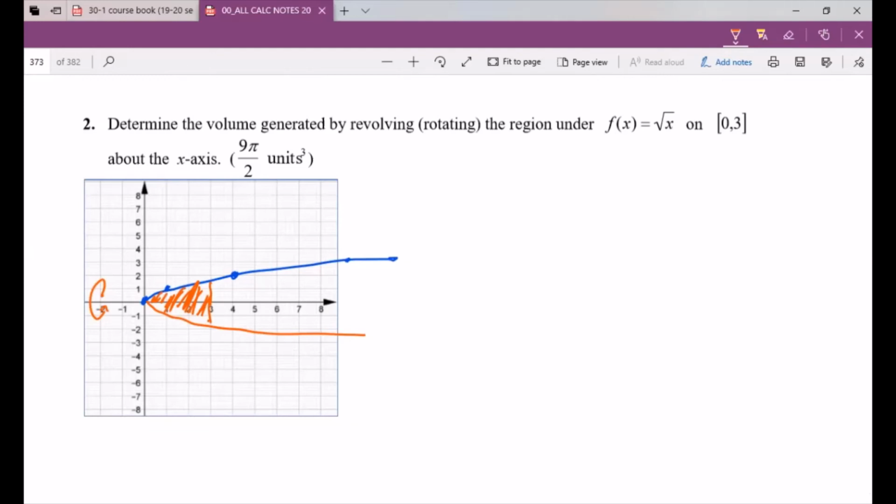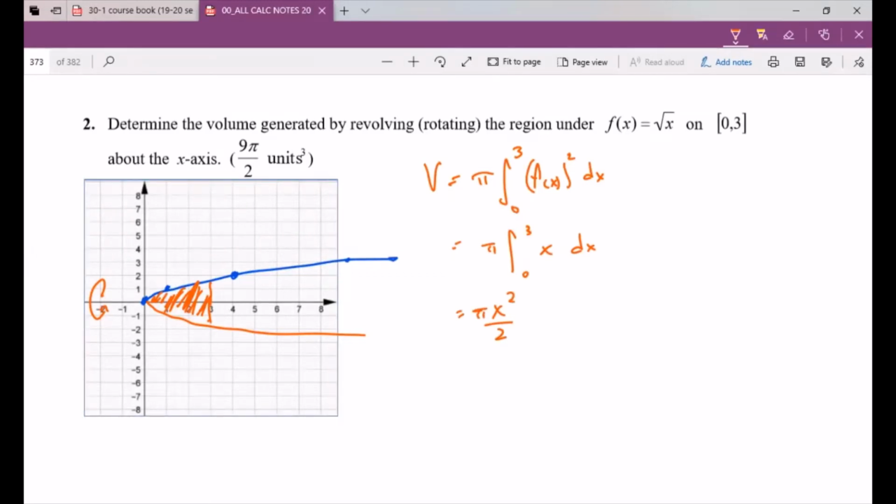Our volume will end up being equal to pi times the integral from 0 to 3 of f(x) squared dx, which is pi times the integral from 0 to 3. f(x) squared is just x dx. So this ends up being the integral of x, which is x squared over 2,